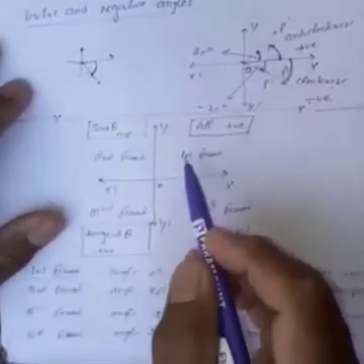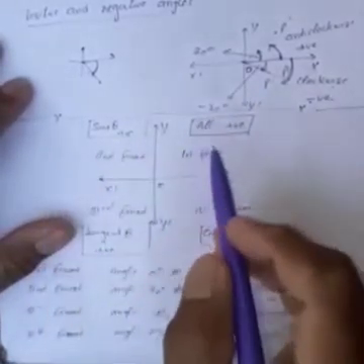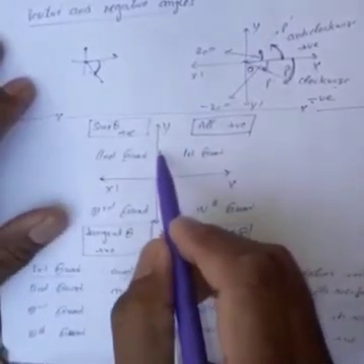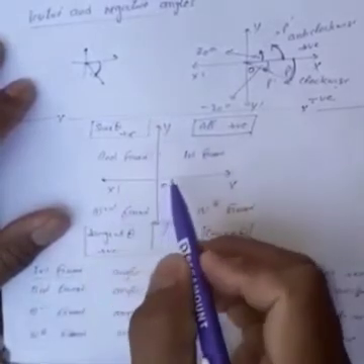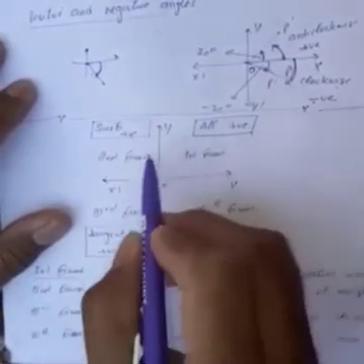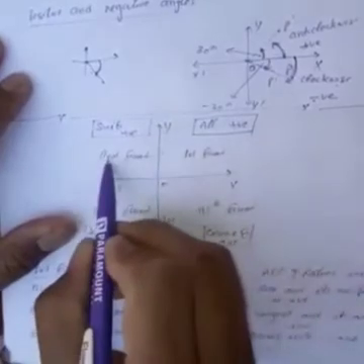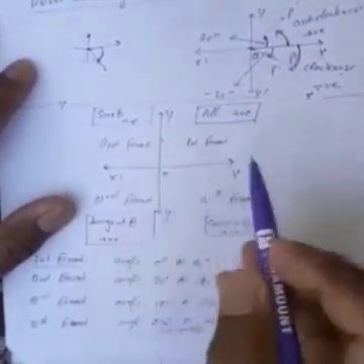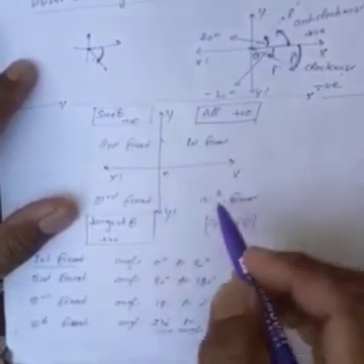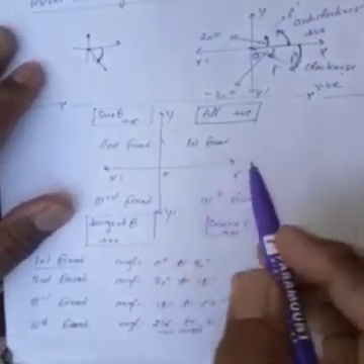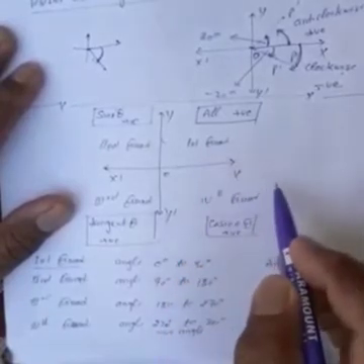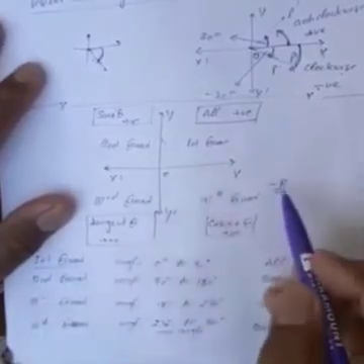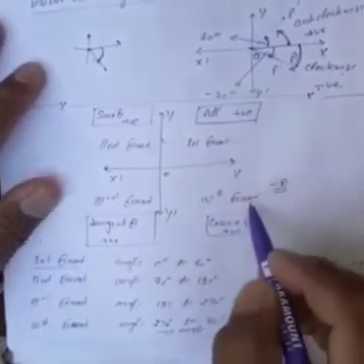Now in the first quadrant, which T ratios will be positive? In the first quadrant means angle is 0 to 90 degree and it may be slightly greater than 0 or slightly less than 90. Second quadrant angle is 90 to 180. Similarly, third quadrant 180 to 270 and 270 to 360 is the fourth quadrant. If angle is negative, that will also be considered in the fourth quadrant.